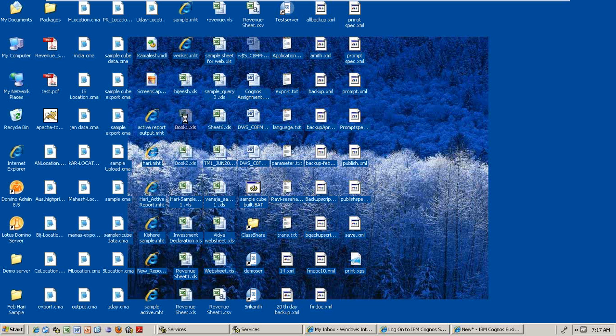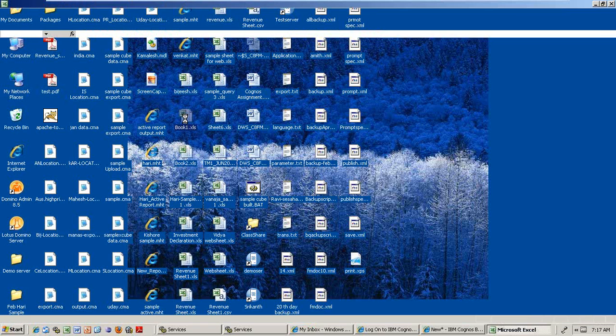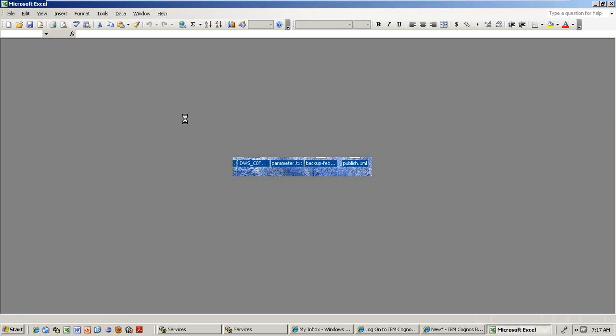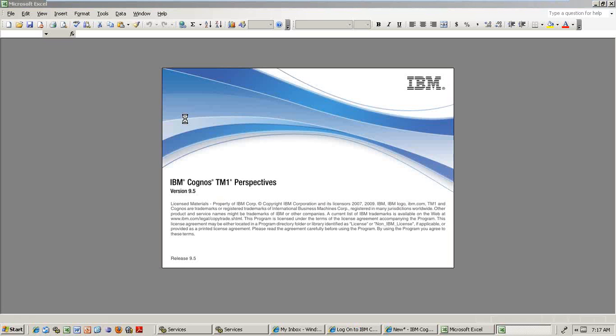Maybe Book1. In that Excel, I maintained just two things. For camping equipment, Hari is the responsible person, or some other person is the responsible person, and then I have the salaries. So those two columns I want to display in our original reports instead of going to Framework Manager and doing all those things. How can I do that?